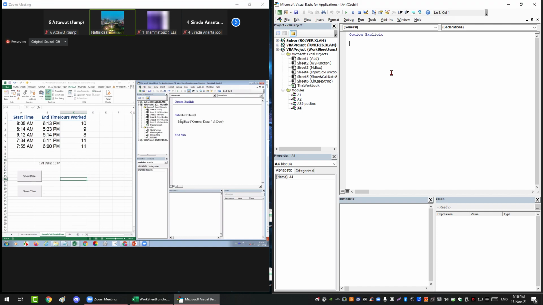And then here, Control C, I double click at the show date here, and then double click at the command button one here and paste. Okay. So if I want it to work, I have to click the design mode one time and then click. So it says the current date is today. Okay. And then if I want show time here,